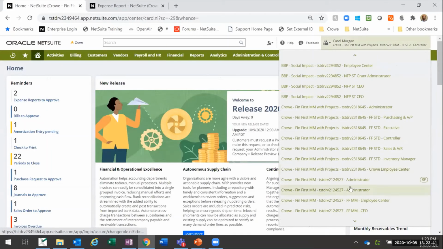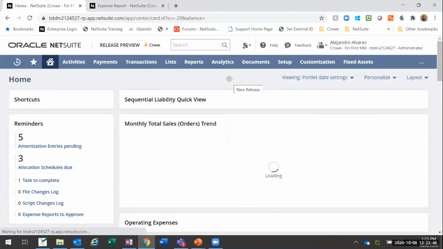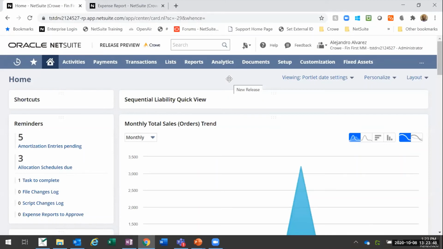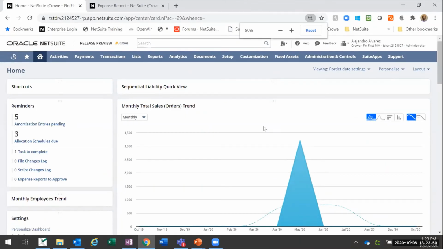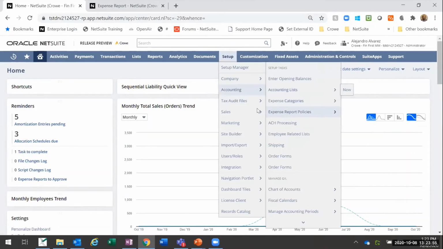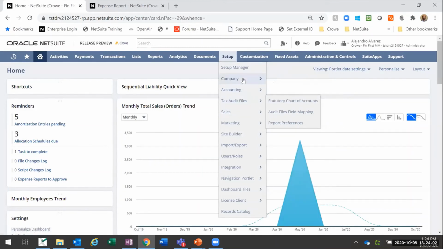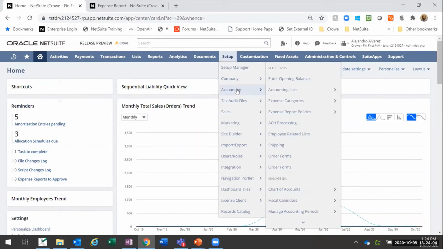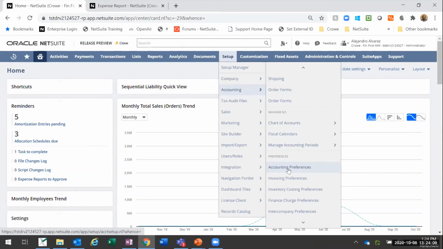I'm going to switch over to a release preview account, which is an account that NetSuite gives you access to before you get upgraded to the new release. And the one thing I want to show here in this release preview account is going to be, yes, this is a release preview account, and I want to show you the expense report policies here,